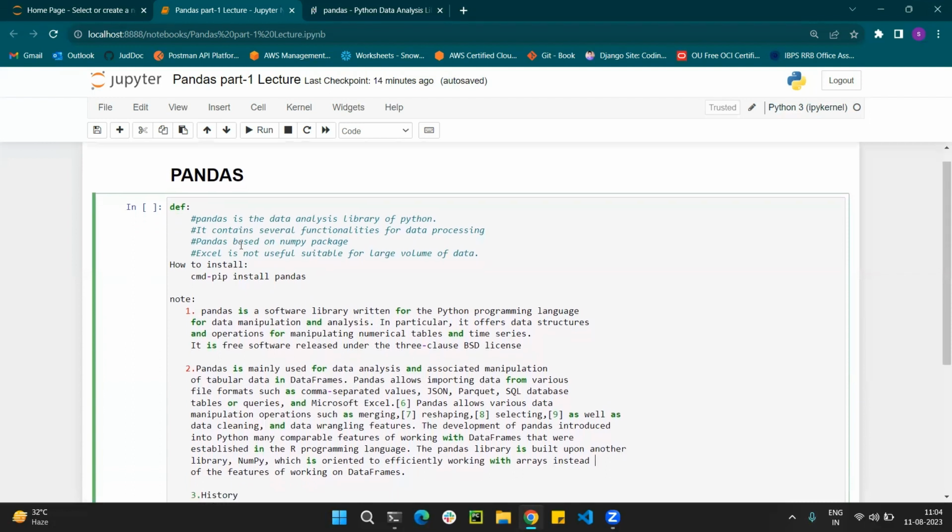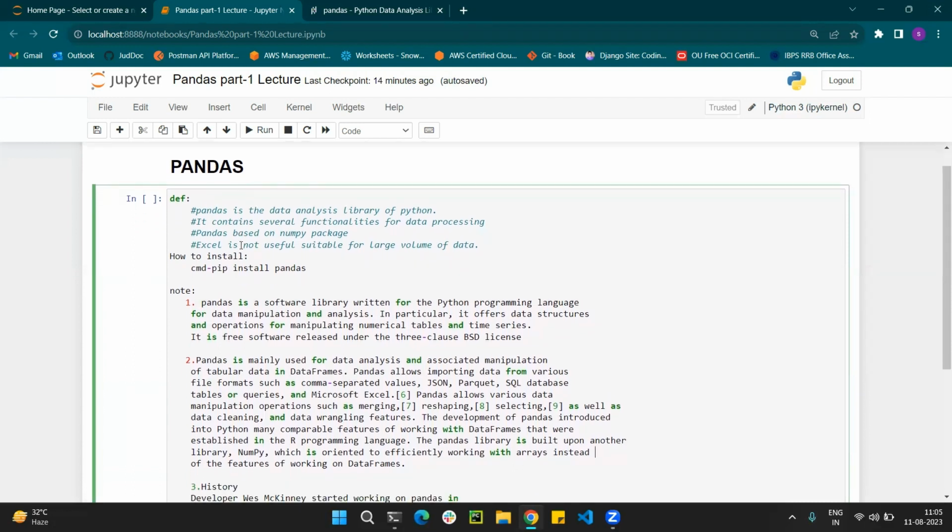Pandas contains several functionalities for data processing. Before you go to data analysis, the data goes through various types of filtration. First, in the data analysis part, comes data mining. You first have to mine the data, wherever the data is available in the market, and then you closely analyze that data. The data may be structured or unstructured, it does not matter. Pandas already has well-structured packages, so it will control all of those things. So the first step is data mining.